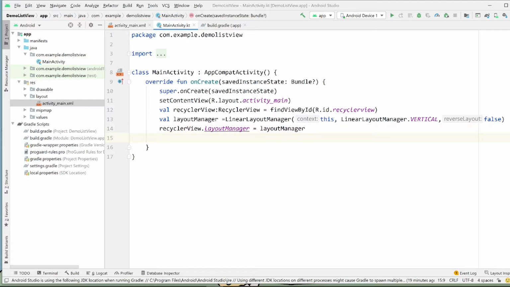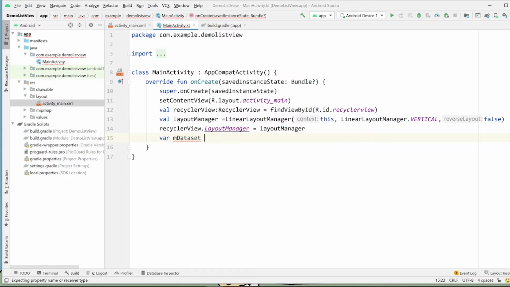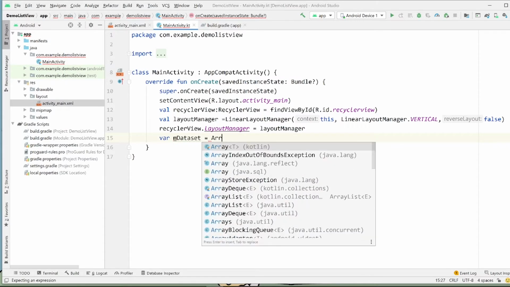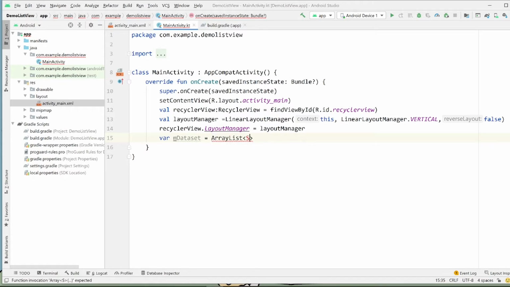Second of all, we're going to create an array list that contains all of the information you might need for the RecyclerView. I'm going to start off by creating an array list of strings, and I'm just going to add some random data into it.